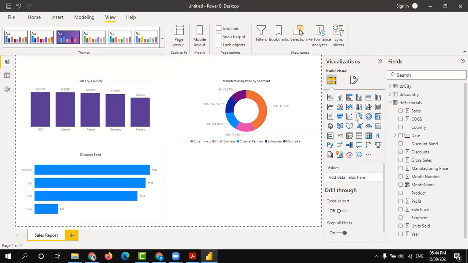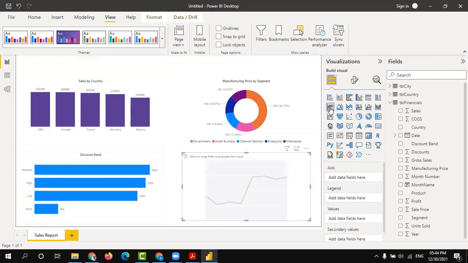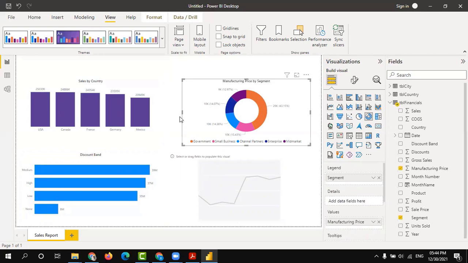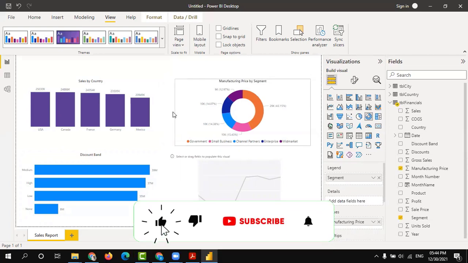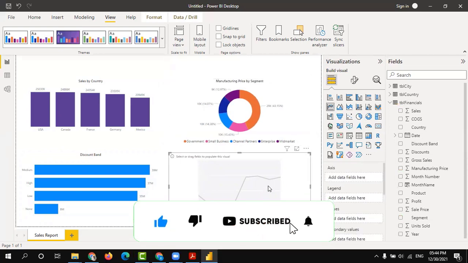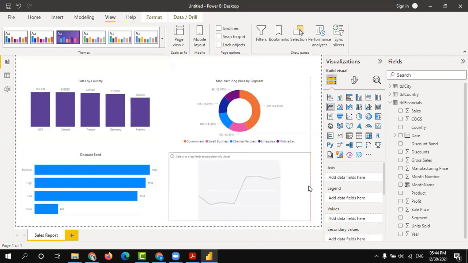And I will take another chart, pie chart or line chart. I will take the line chart. When you want to create the line chart, a line chart should always be created based on the time series.